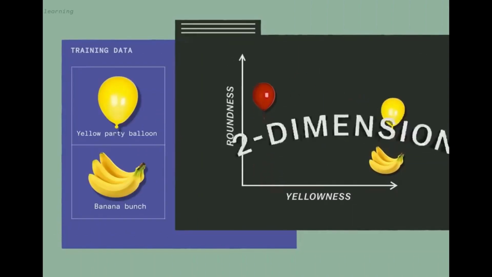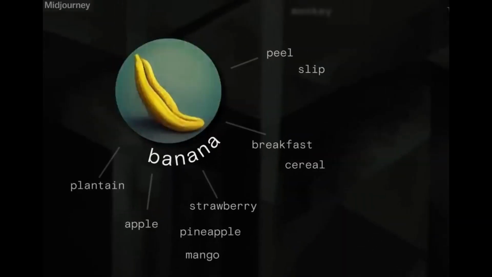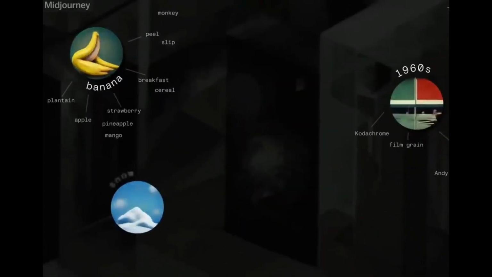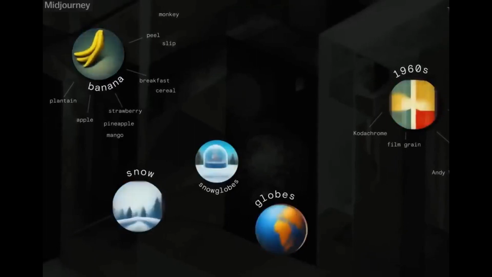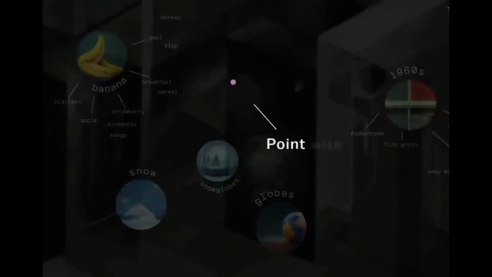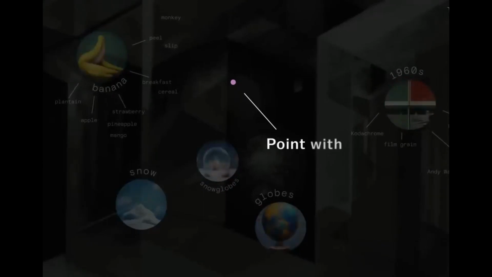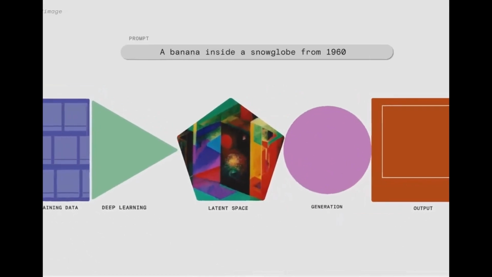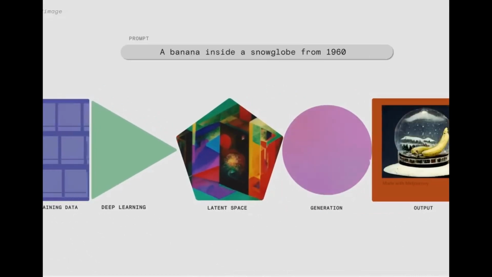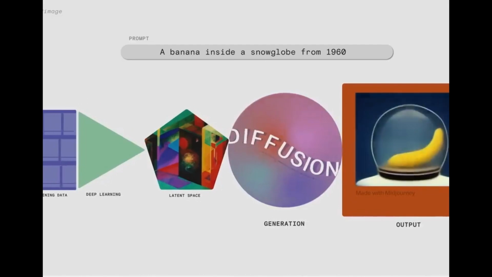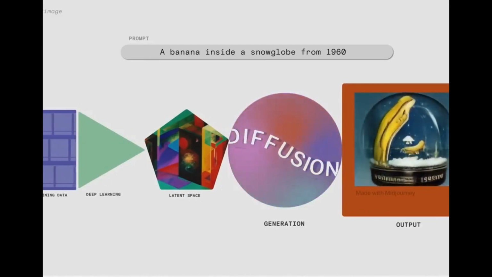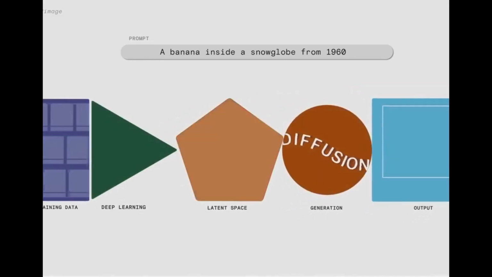By manipulating the values in the latent space, it is possible to control various aspects of the generated image, such as its color, texture, and shape. One of the key advantages of using a latent space in deep learning is that it enables the generation of novel and diverse outputs. By sampling from different regions of the latent space, it is possible to generate a wide range of images that are similar but not identical to the examples in the training dataset. This capability is particularly useful for applications such as creative art generation, where the goal is to generate unique and novel